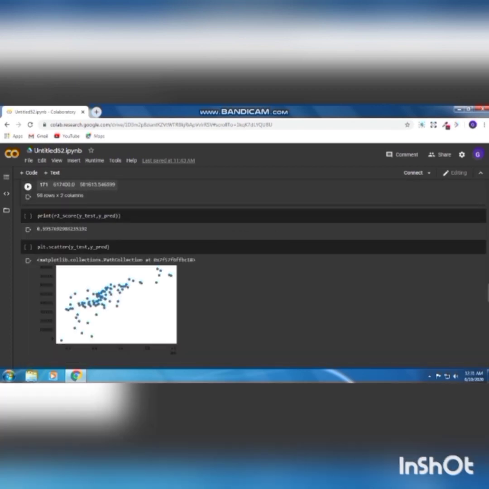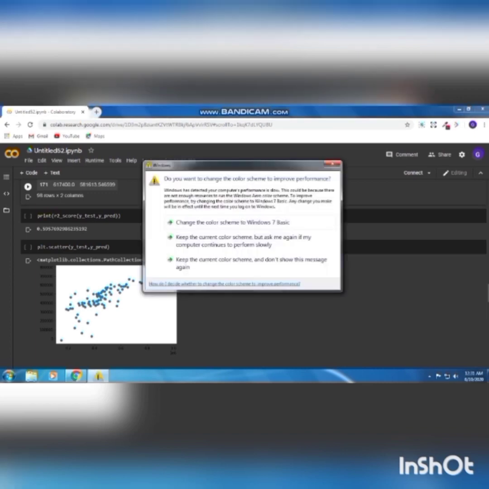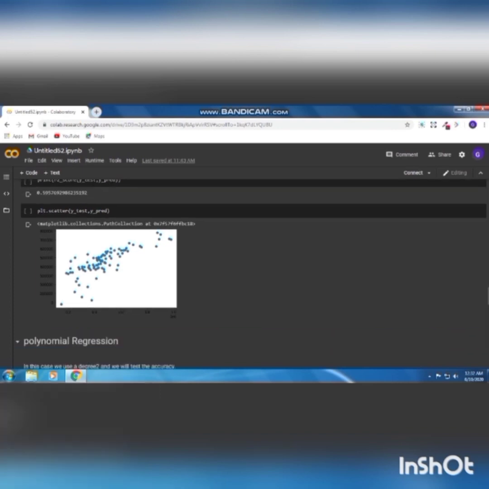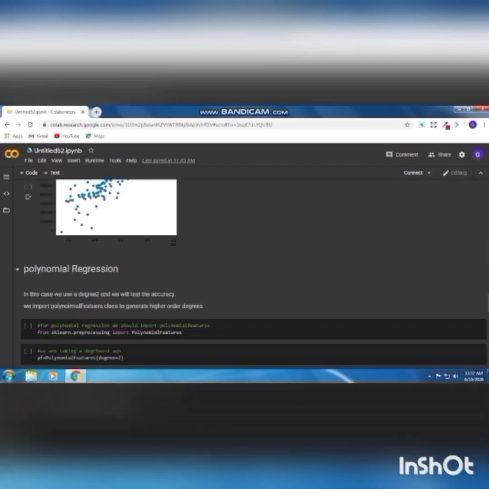Now we are printing the R2 score of our model. It is 0.4957, and R2 score is nothing but a statistical measure of how close the data are to the fitted regression line, also known as the coefficient of determination. The range of R2 score is from -1 to 1. As our R2 score is 0.5, we get a very weak or low model, which is not proper for any machine learning algorithm. Now we are plotting a scatter plot between y_test and the predicted y_pred, and it results in this.